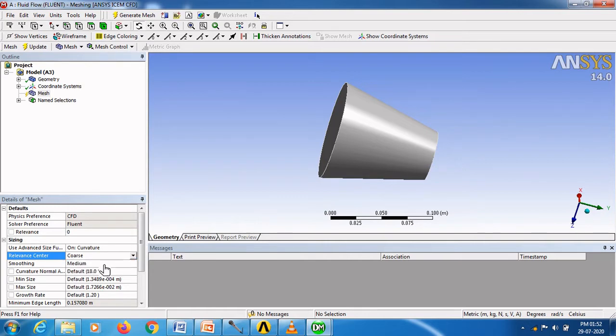In the smoothing option, always we have to select high. You can change the minimum size and maximum size.